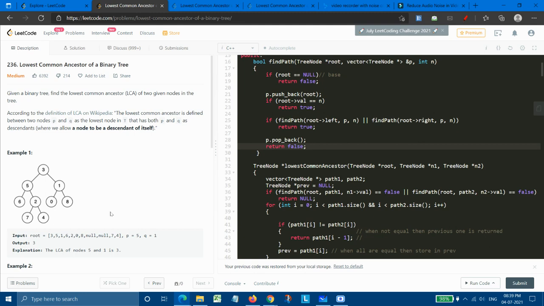Here in this question, it is already given that we are given the values of p and q, both of them. But there could be one more case that either of the nodes is not given. Actually, this is one more variation of this else only, that we are not given either of the nodes. So in that case, this solution will completely work.